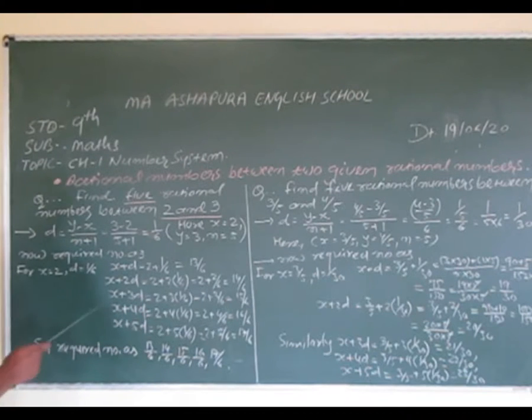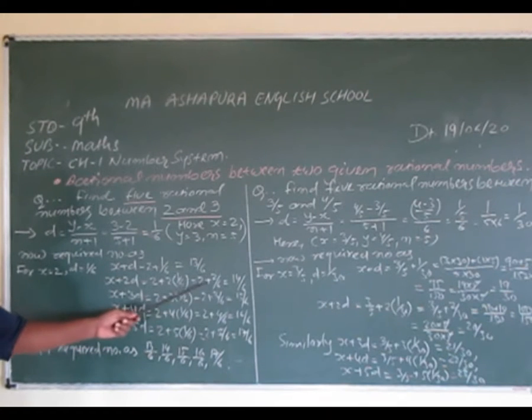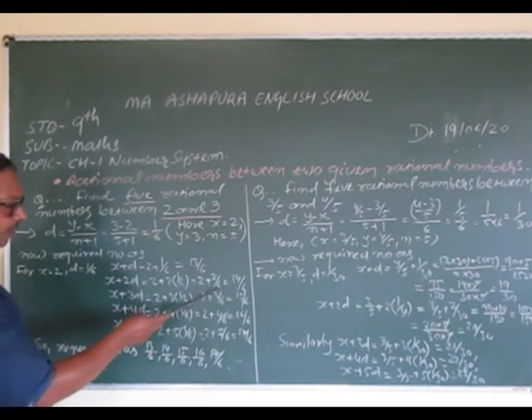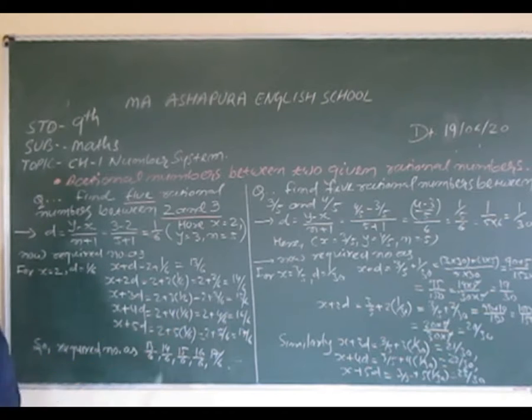Now the second number formula is x plus 2d. Substitute the values of x and d once again. So 2 plus 2 into (1 by 6). Simplify the second stage. 2 plus 2 into 1, therefore 2 by 6. So 2 integer plus 2 by 6. Simplify with cross multiplication and finally we get 6 times 2 is 12, plus 2 is equal to 14 by 6. Now for the third term, x plus 3d is equal to 2 plus 3 into (1 by 6). Then we get 2 plus 3 by 6, equal to 6 times 2 is 12, plus 3, equal to 15 by 6.